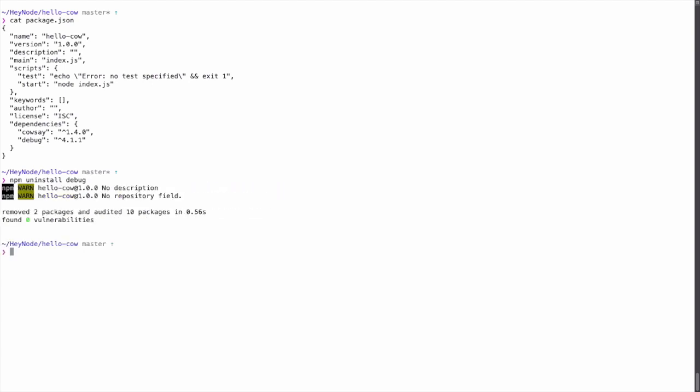After running the command, the CLI will uninstall the package and print information to the terminal about how many packages were uninstalled. Even when uninstalling a single package, it's normal to see multiple packages removed. Those were the dependencies that the removed package relied on and aren't needed by any other dependencies you have installed.